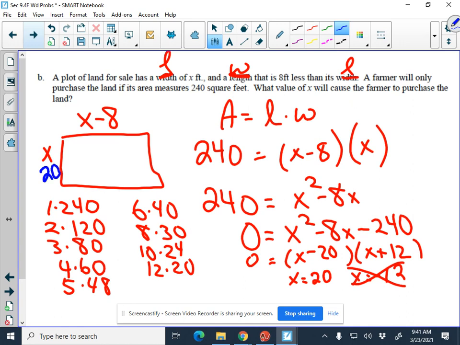What would this one be then? It actually ends up being 12. Interesting. The problem ends up working out to those two numbers anyway. 20 and positive 12. But one of them can't be negative 12, because if we made this one negative 12, that one's negative 20, well, the negative lengths and widths don't make